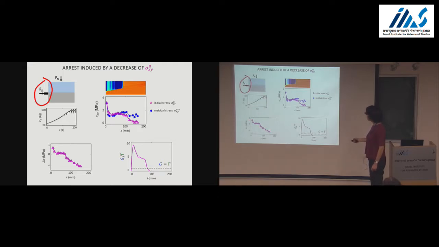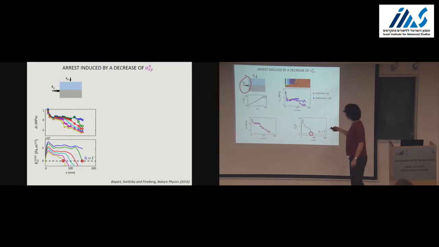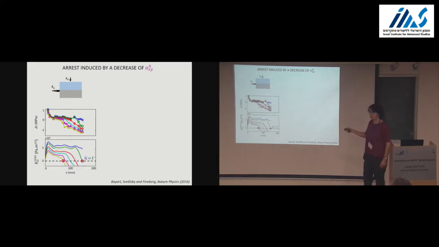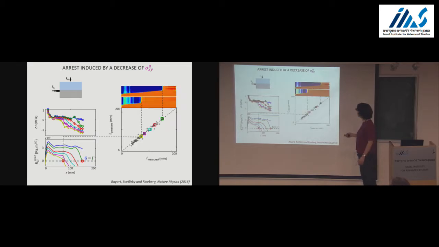Then we integrate it following the Eshelby integral. We get a measurement of G, normalized by gamma, the fracture energy of the interface. And then we determine the location of the arrest by applying the arrest criterion. The rupture should arrest where G becomes equal to gamma, and we compare this location to the measured one on the contact area measurement. Now, if we do that for all the partial ruptures of the experiment and a lot of different experiments, we actually get a good agreement between the predicted length of the rupture by the crack arrest criterion